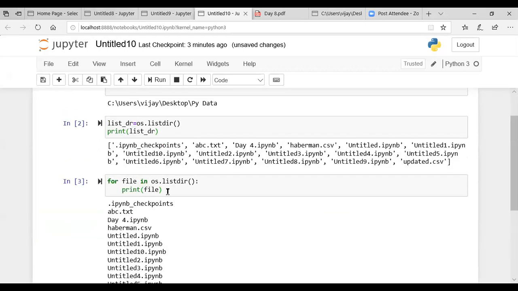When you execute this, you get this output. All the files existing in your current working directory are listed one below the other, whereas in the previous one, it gave the output as a list. The elements of the list were nothing but the names of the files within this PyData folder, the directory.